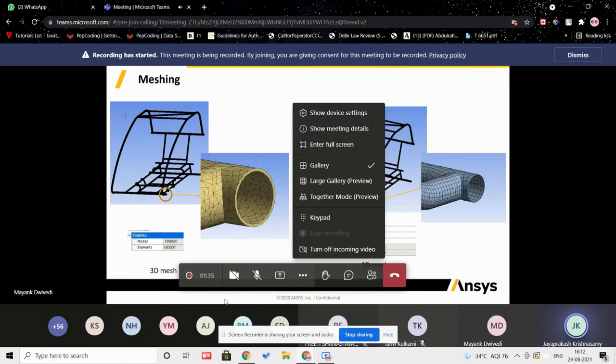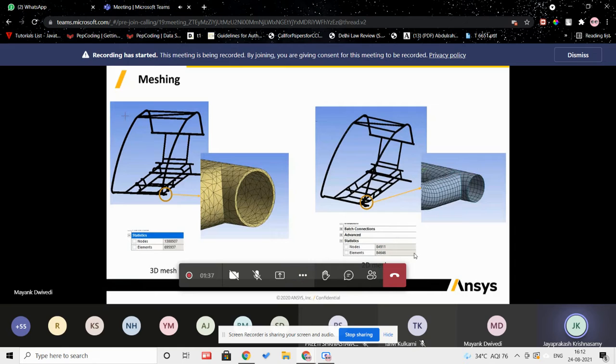In this slide, you can see that for the same element size, there is a drastic increase in mesh size, which you can directly correlate with the analysis time compared to the 2D mesh. Can you go to the next slide?